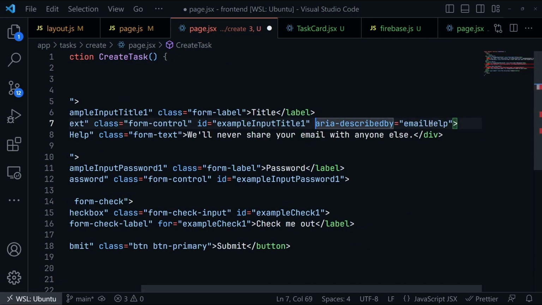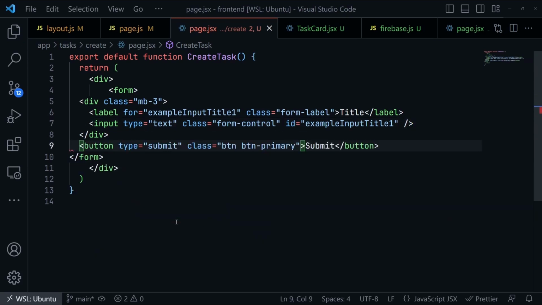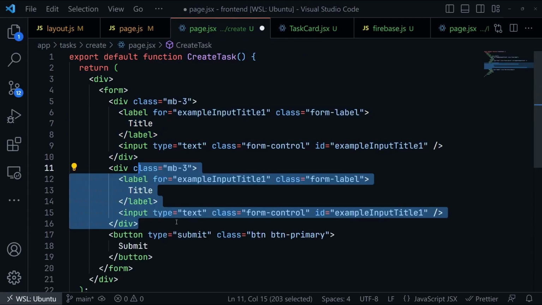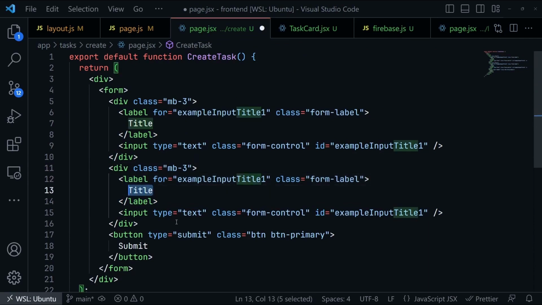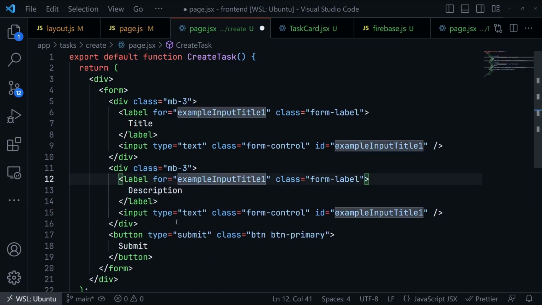We don't need this, and it is not a self-closing. I mean, it is a self-closing, but we need the slash. And then for password, I'll just remove this and all the things. And submit button, yeah, we need it. I'll just copy this whole thing, MB3, and for label, I will just give it description, and then input sample description,